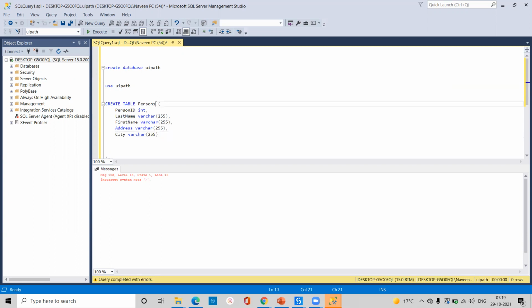Persons? Try to remove the space, Naveen. Hmm? Try to remove the space once. Which space, Madhukar? So you have opened the bracket but haven't closed it. Okay, okay, it is closed downwards. Okay.